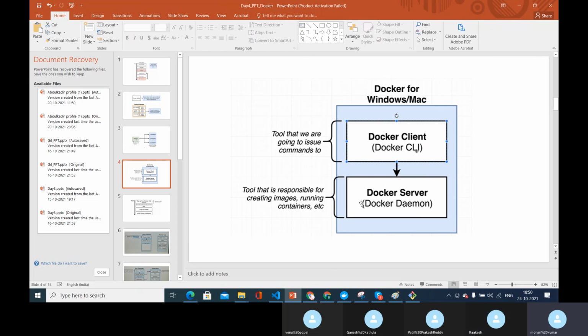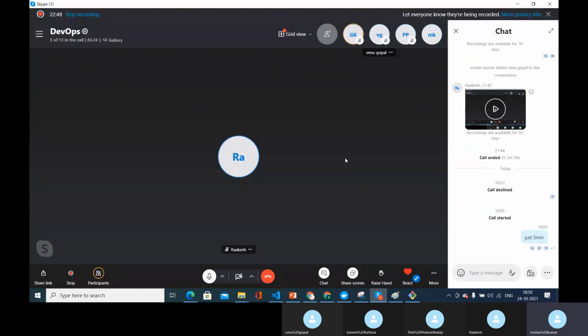Yes, Mohan. Yeah. So Docker CLI, is that clear for everyone? Can you please respond, or else I'm ready even to repeat that, because this is the core for everything in Docker. If you understand this, the rest will be easy for you, or else you will struggle at another point of time. Prakash, Ganesh, Venu.